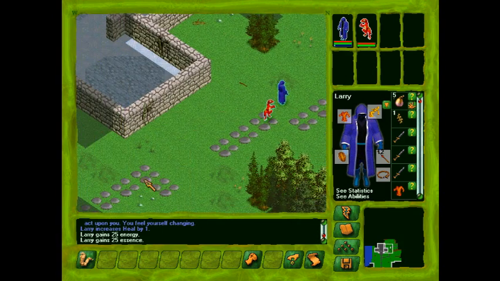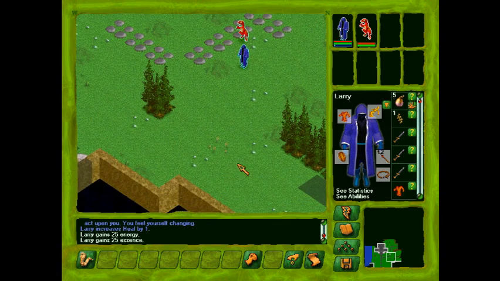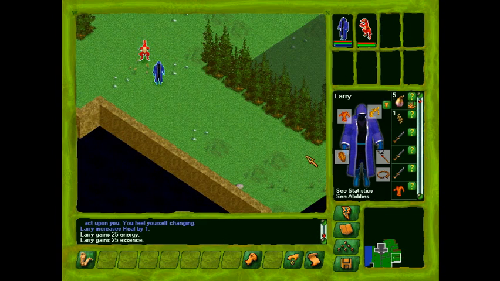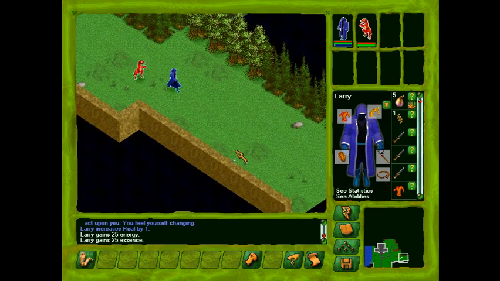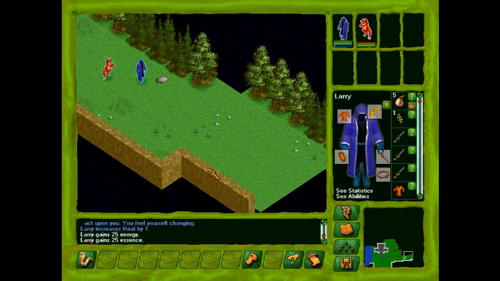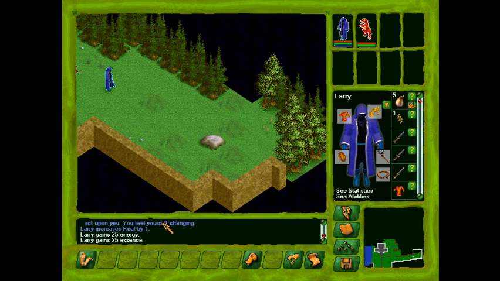Well, at this point, we have a creature, we have some armor. The only thing we don't have is like a town to sell stuff off at. So let's just go into explorer mode and wander off this way. Trees and...